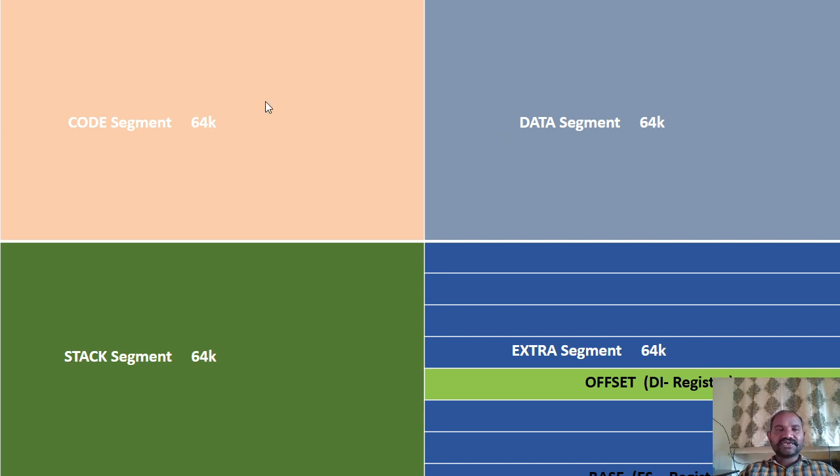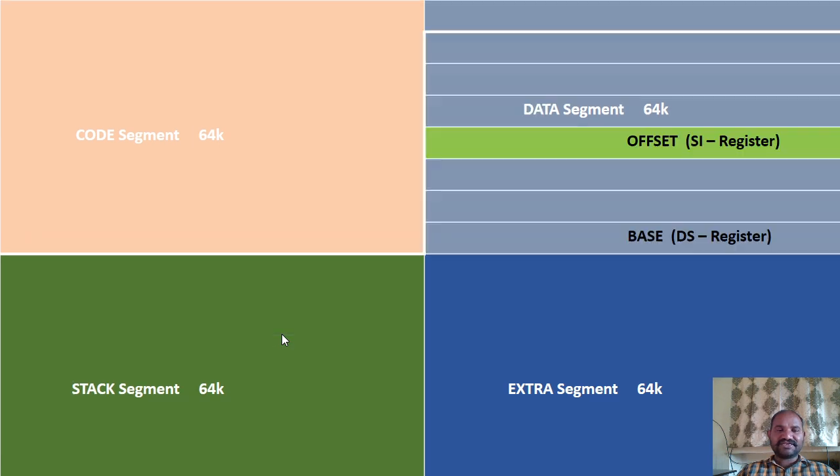Now, these are the processes. If you want to access a particular memory location in a particular block or segment, you require the base address as well as the offset address. I'm taking the data segment because the lower one is not appearing for you in the proper way, so I'm taking the top one. In order to access a particular memory location in the data segment, and not only in the data segment but in any kind of segment, you require the base as well as the offset.